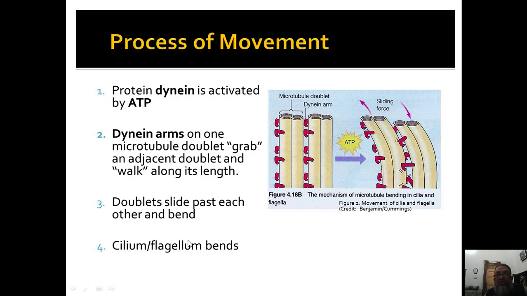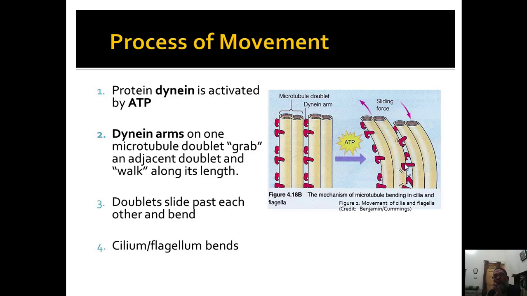Now look at the picture. This is the alpha subunit of the microtubule, this is the beta subunit of the microtubule. The alpha attaches to the beta with the dynein arm. So this will first attach, and when attachment occurs, the ATP will provide the energy for movement. So ATP is the flash, the battery of the movement. Therefore when attached, it will slide past the beta tubulin like a cross bridge, pull and relax. Pulling and relaxation will move and slide the alpha unit over the beta tubulin,